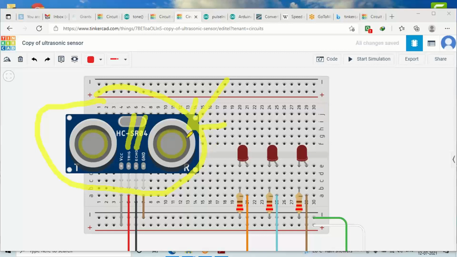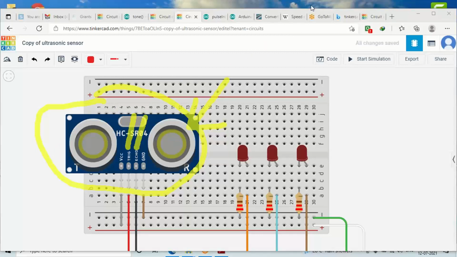So if you want to find out the distance from one place to another, you can place an obstacle at that place, and the sound waves will reflect back as the echo, and based on that, this sensor can calculate and give you the distance. We'll see how we are able to do that.